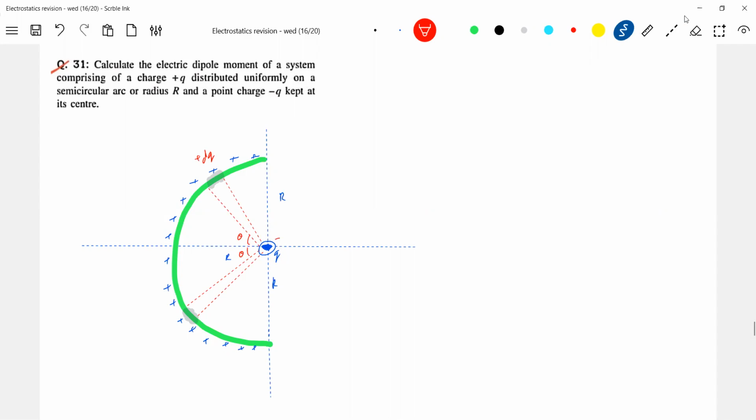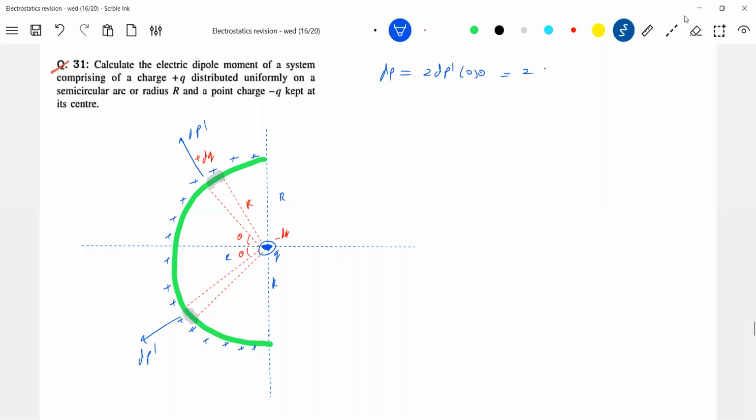You add a minus dq like that. Let this be r. So this will become one dipole system, dp dash, dp dash. So what is the net dipole moment? 2 dp dash cos theta. dp dash we can write as